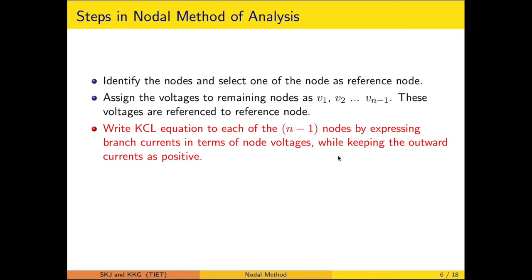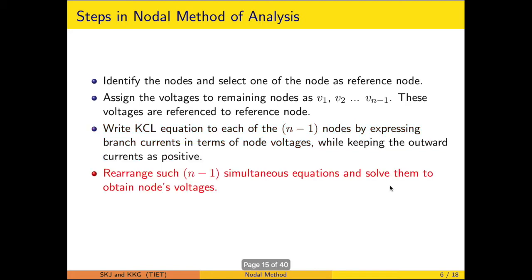Now to minimize mistakes and to write the equations in a standard form, it is requested that you keep the outward current as positive. So outward current has to be marked positive, otherwise it is a general method. The inward currents can also be marked as positive. Out of the two nomenclatures we have to follow one, and here the outward currents are marked positive. This is an approach where mistakes are expected to be fewer.